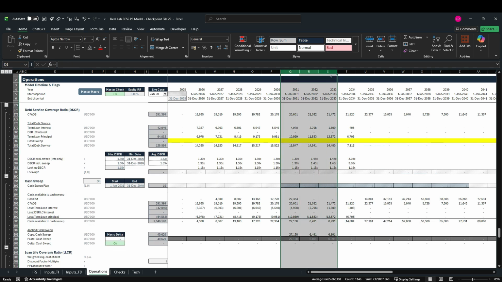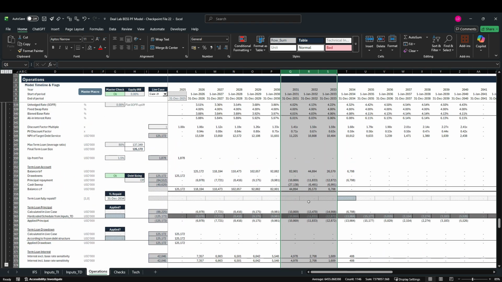And we see that we would sweep out after just 3 years. Let's double check if this makes sense. And indeed, we could actually repay our debt in just 4 more years. In the first 3 years, we would have a cash sweep in addition to the scheduled principal repayment. And then in the last year, the scheduled principal repayment would be sufficient to repay debt. You will also notice that in the last year, our scheduled principal repayment has been reduced. The hard code that would have been scheduled is